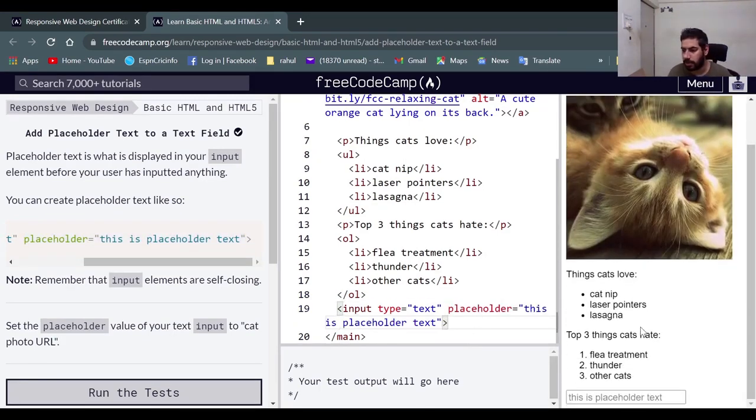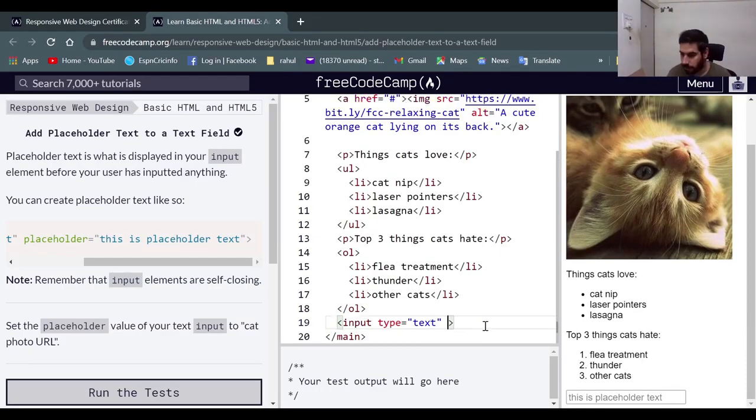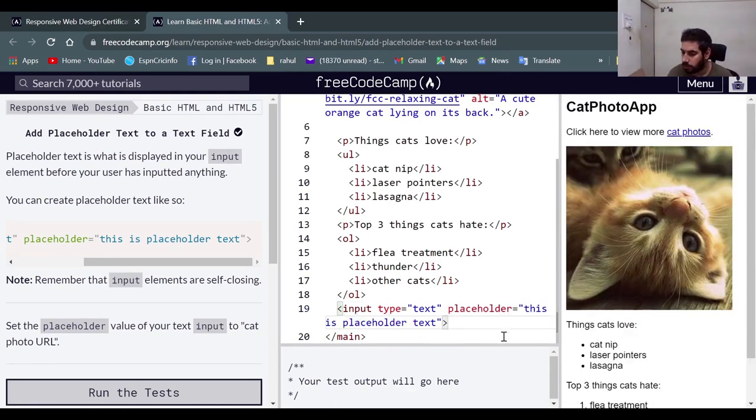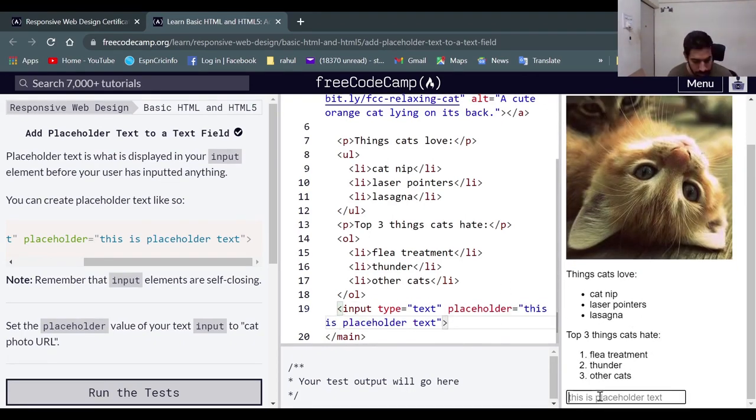If your input is of type text like this, see, earlier this input, as you can see here on the bottom right side of your page, is not showing anything. But if you put in a placeholder, it will show whatever text you want. Once the user starts to type, it will go away, but it will be displayed until then. So if you have specific instructions for the user, like please only use numbers, or, for example, if someone wants to enter a password or an OTP, this is what we will be using there.